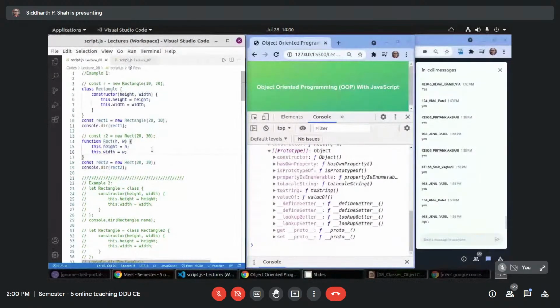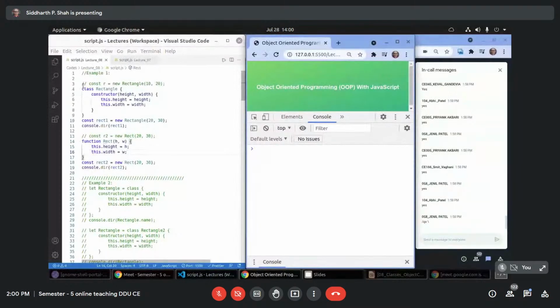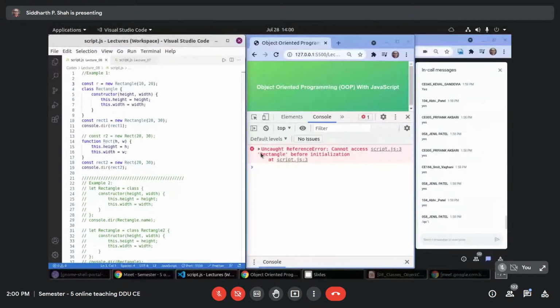And another thing that I want to show you here is that you cannot use a class before it is declared. Uncaught ReferenceError: Cannot access Rectangle before initialization. So that is not allowed. But can I use a function declaration before it is defined?